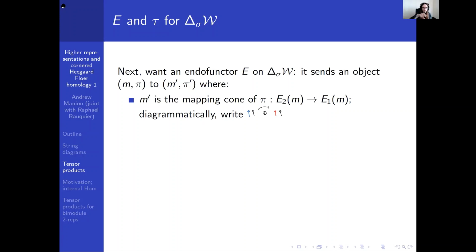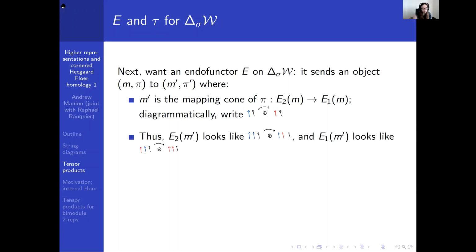And I write the direct sum with the arrow over it to indicate it's a direct sum, but it's really a mapping cone because the differential has this arrow. But if I'm ignoring the differential, then I can just think of it as a direct sum. And that's useful, especially if I want to write, say, a map pi prime from E2 of m prime to E1 of m prime. So I want some way of thinking about those,